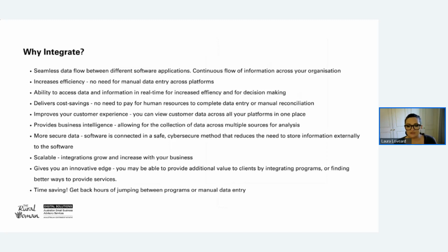Integrations are scalable, so exactly like automations, they grow and increase with your business. You can always find new things to integrate. You can always add more steps in. It gives you an innovative edge, so you can provide additional value to clients by integrating programs or finding better ways to provide services. So an example of that is in the last company I worked for, they did